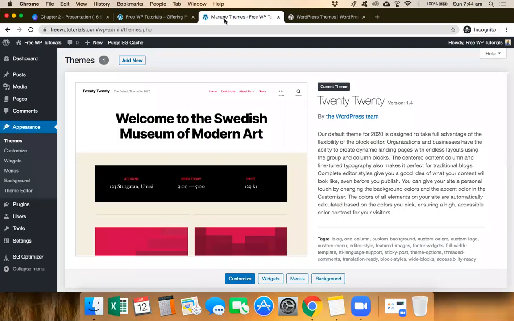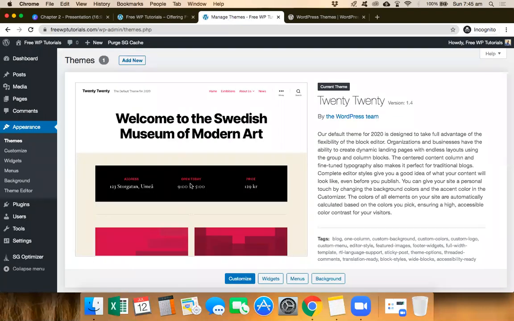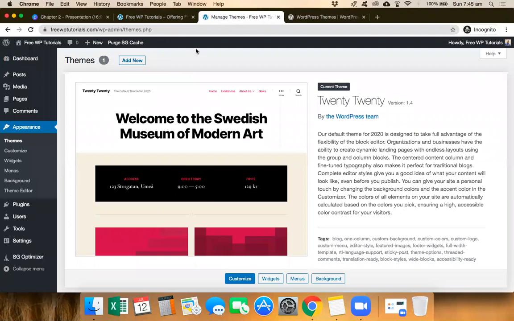So let's get back to our dashboard over here. Currently this is the default theme for your website. If you go to your website, you'll see this is the same look and feel. Now, please note, this eventual design that you see, you will have to develop it. This is basically just the color schemes, the font, and the layout, basically what will appear here. Currently you can see none of the content is there. It's just a basic website. As you know, we've even deleted the content, so you'll have to start creating those pages. It's just that the look and feel and the font will be similar to what you select. So like I said, this is the default theme which is installed currently.